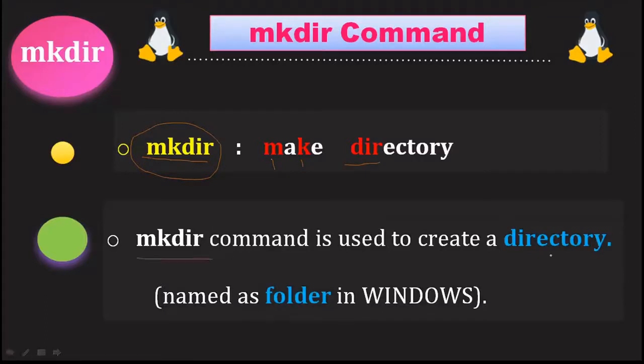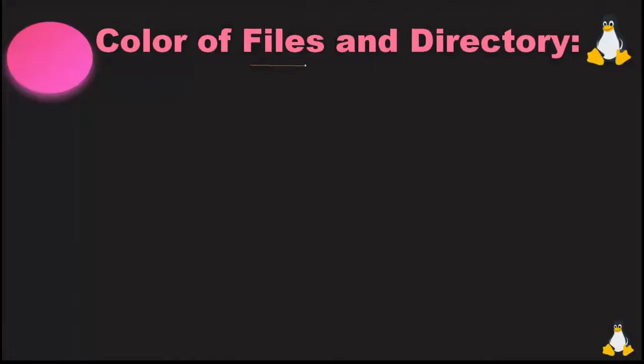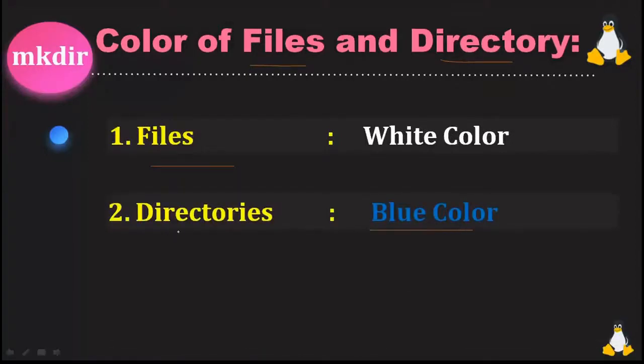So mkdir command is used to create a directory in Linux based distributions, but we call it directory in case of Linux, while the same is called a folder in Windows. Most people have a habit of initially working in Windows, so we name it folders, right? But we have a technical name for it called directory when we work on Linux. Now there are different colors used to represent a file and a directory so that they can be distinguished. We give white color for files and blue color for directories.